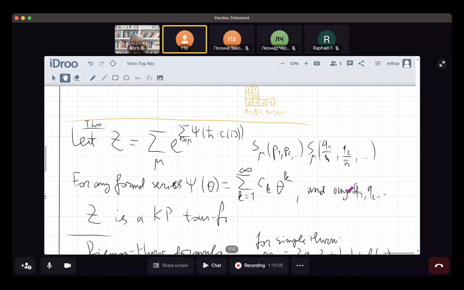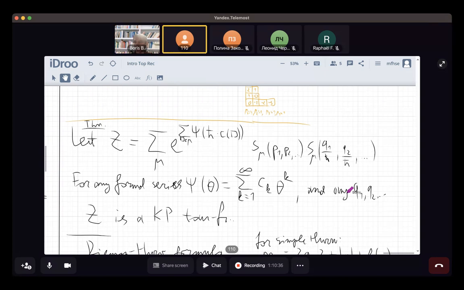So this means this capital Z, this generating series, for so-called, you could call them, generalized double Hurwitz numbers, because they are in fact Hurwitz numbers in the simple case of psi. They are double Hurwitz numbers, and for general psi they do not have any nice combinatorial meaning, but